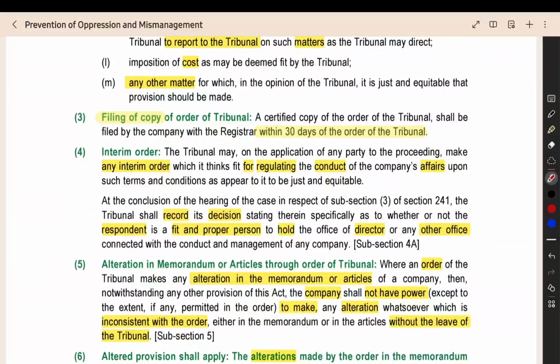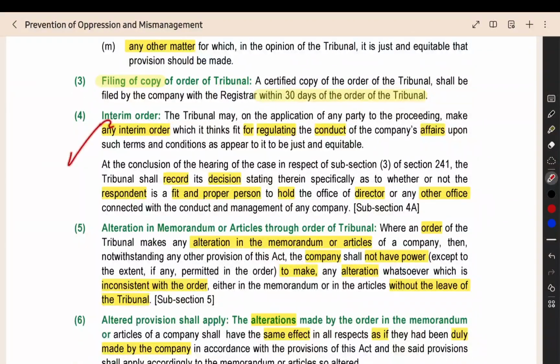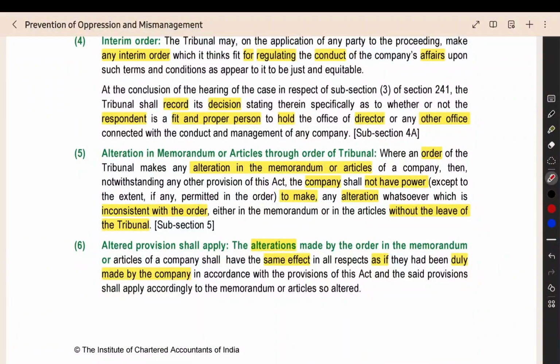Then the certified copy of the order, you have to file it with the registrar. They can give any interim order also. That thing is also there. Then, as a part of the